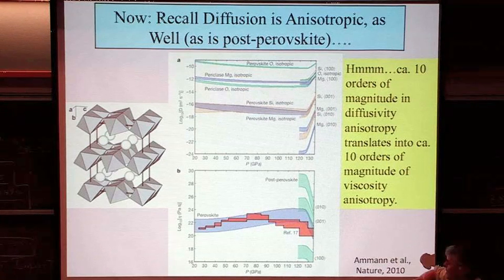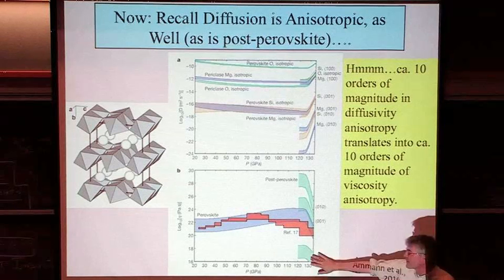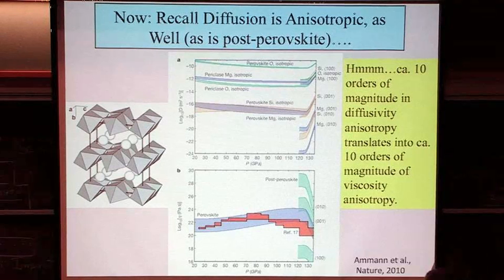My own gut level take on this is that if you have a viscosity this high, some other mechanism, dislocation mechanisms, will intervene and will tend to lower this viscosity. But nevertheless, if diffusional viscous flow dominates in this regime, there almost certainly will still be a major anisotropy in the viscosity of this material. Quentin, you said this was a calculation.